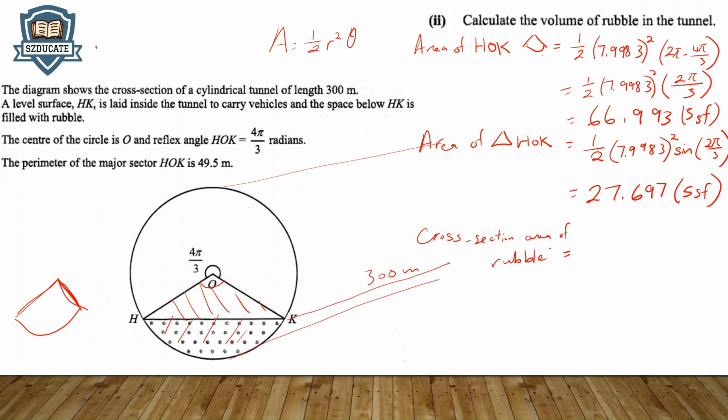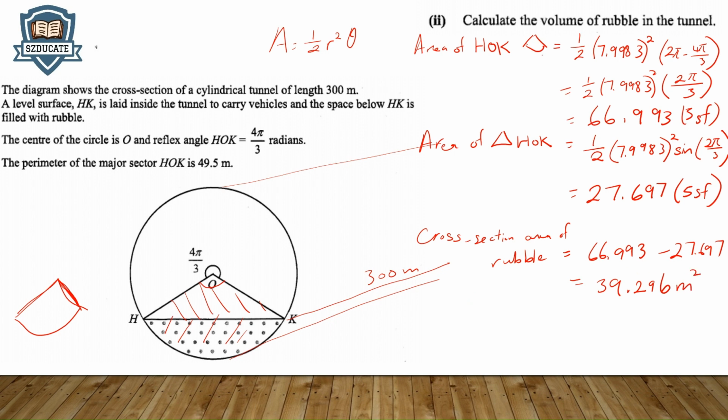So it matters. Minus away, so 66.993 minus away 27.697. So I get a cross-sectional area, which is 39.296. Okay, this will be in meter square already,